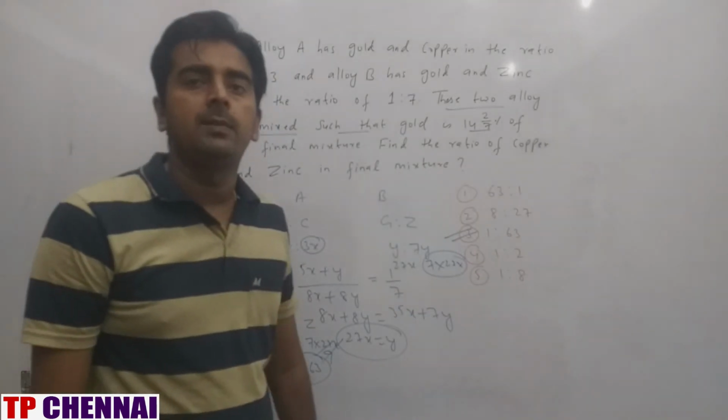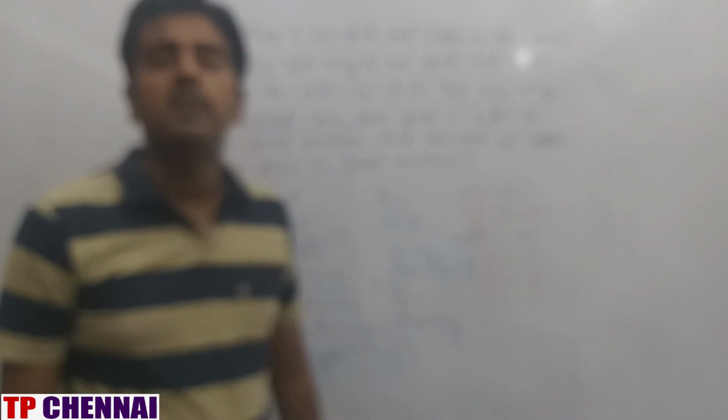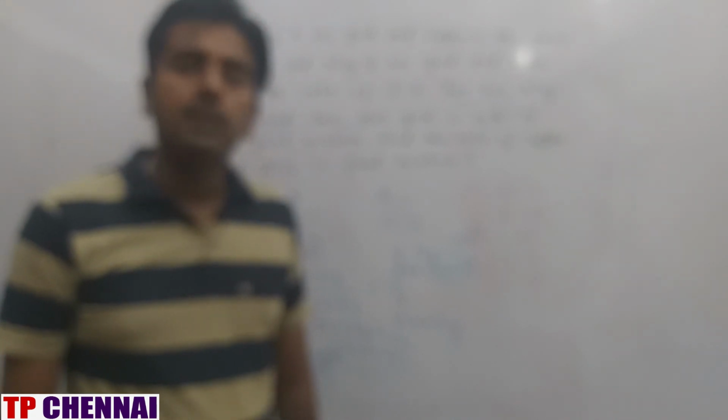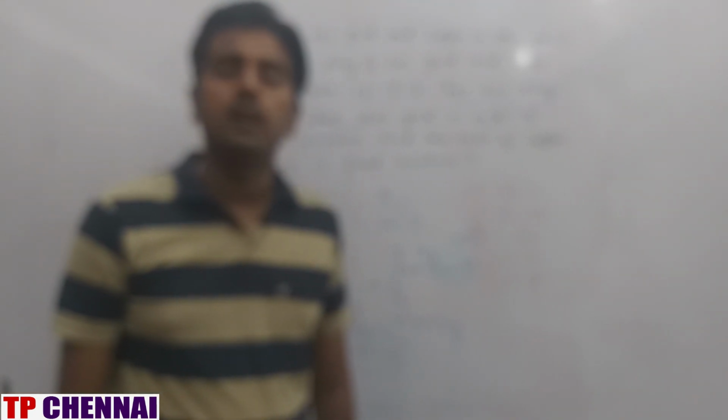So I hope you are clear with the 5 data sufficiency questions and 3 arithmetic questions. These questions were from last year's SBI Clerical Mains Level Examination. I hope you also got an idea of how they have asked questions. Some questions were easy and some were tricky. Whenever it comes to the mains level examination, you have to choose which question you have to follow. In my next video, we will see 2 or 3 sets of DI that they have asked in the SBI Clerical Mains Level Examination.